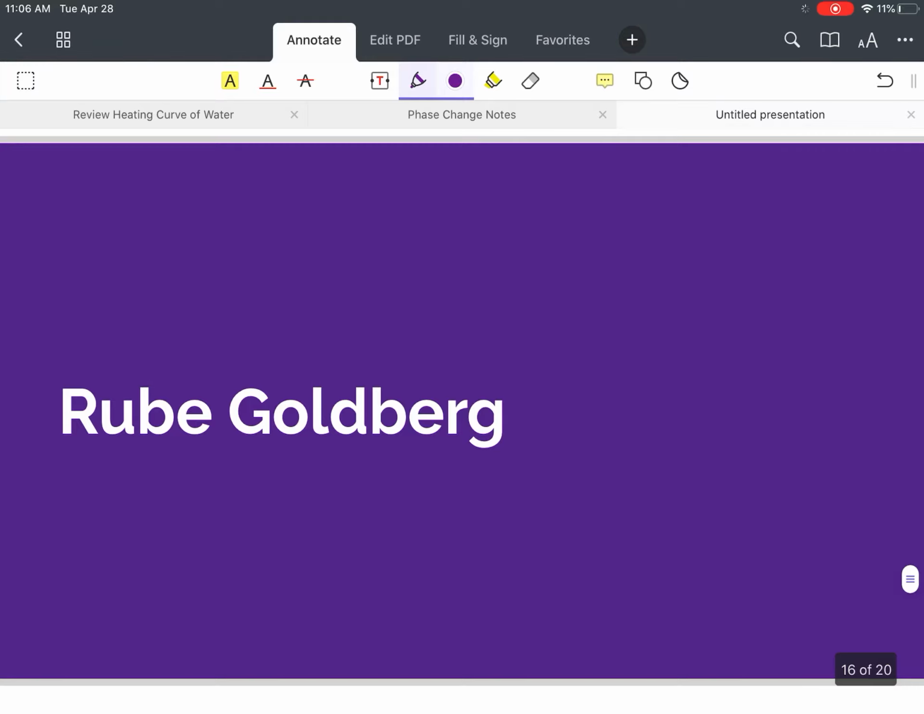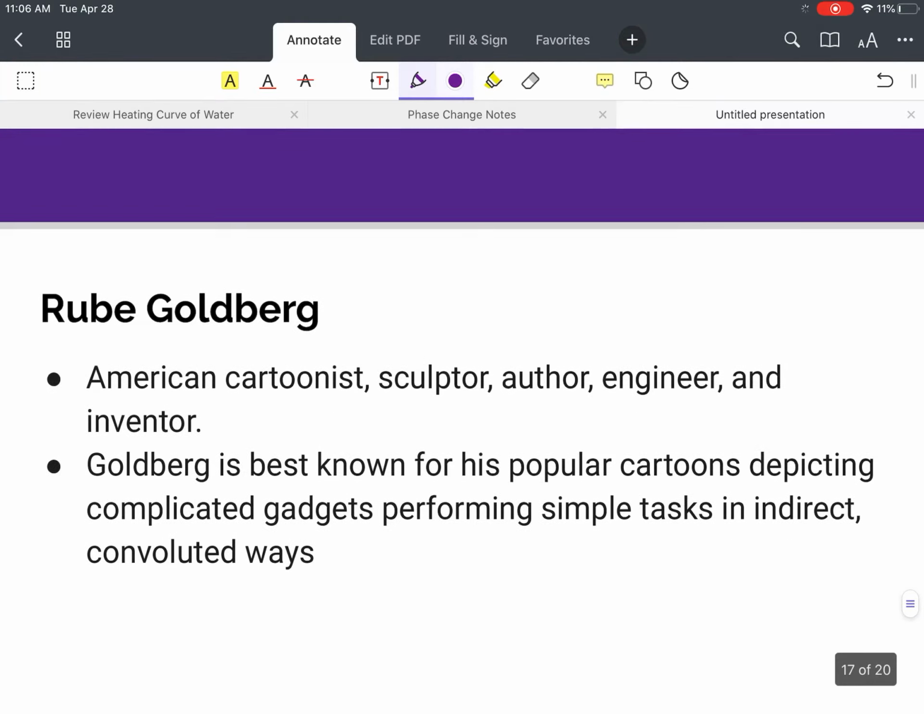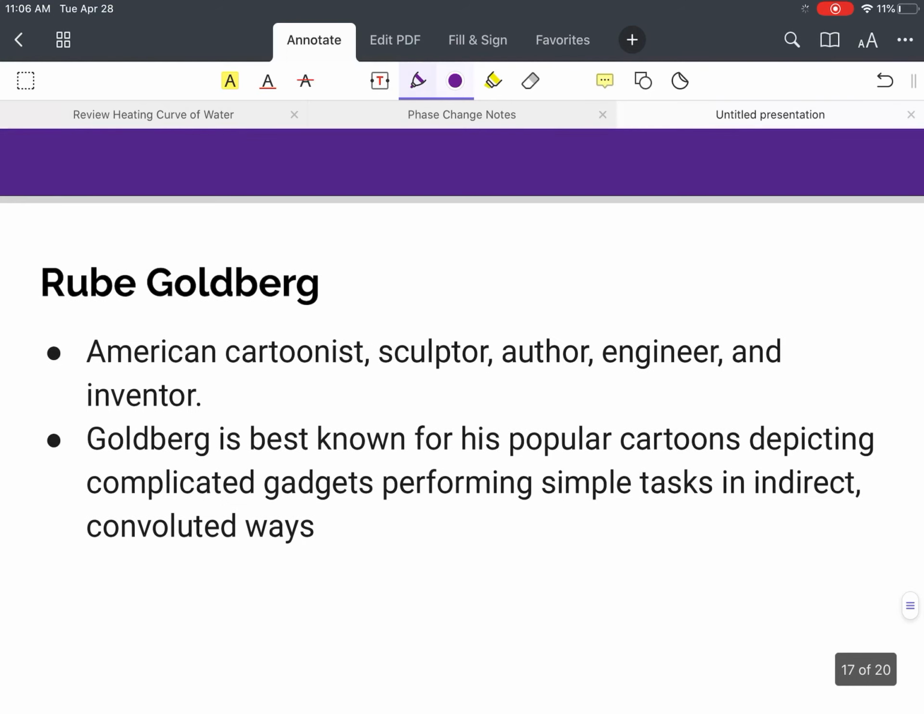Okay, the last part of this that is going to be the part you're turning in today is the Rube Goldberg machine. So Rube Goldberg is a cartoonist, and he actually drew these very silly